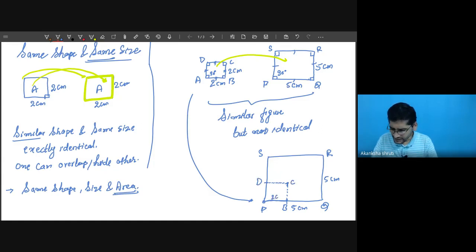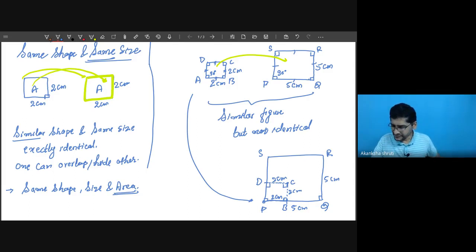So it will be 2 centimeter, 2 centimeter, 2 centimeter. What we are observing? We are observing that these two figures can never overlap or hide each other. If one is placed over the other, only the certain portion will get